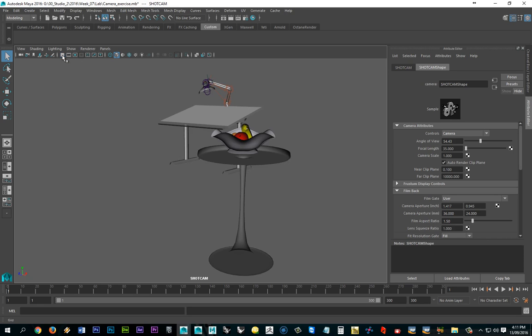There's, of course, the grid, which is sort of a representation of the floor at the moment. Not necessary to have on, but you could keep it on for now. There's the film gate and the resolution gate. Really between these two, the only one that I ever really use is the resolution gate, because what this does